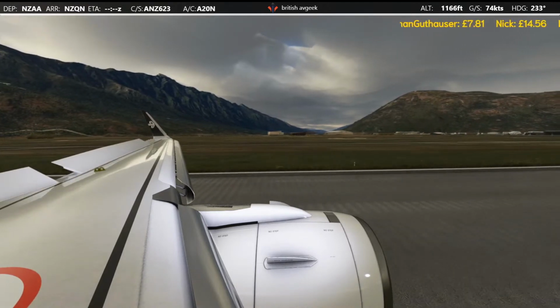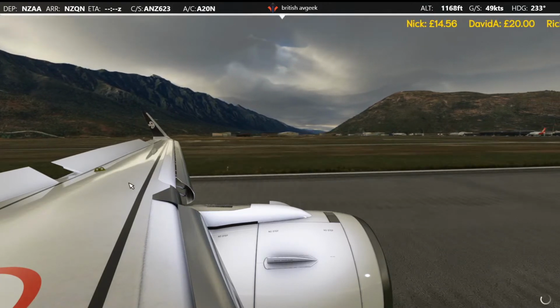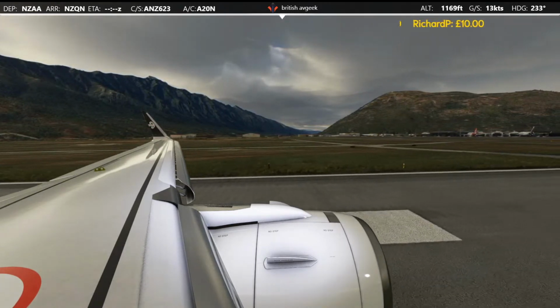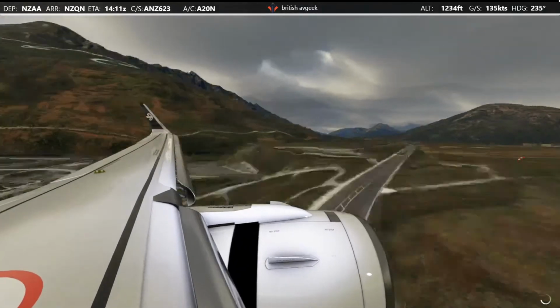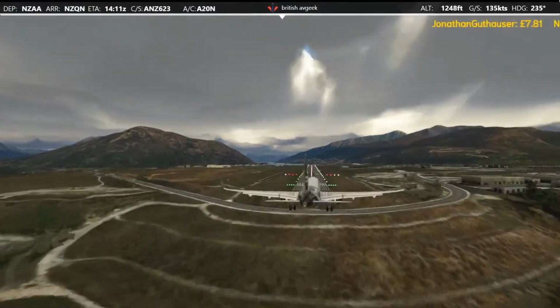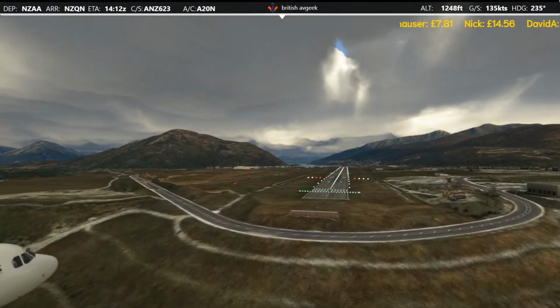The flight recorder doesn't obviously record states of stuff because the reverse thrust didn't deploy and that didn't pop out either. But let's quickly go back to doink, pause. Oh, now the reverse thrust comes out. How kind of you. Right, here we go. He's not on finals, he's just in the STAR. Unless you're going to 2-3 or...